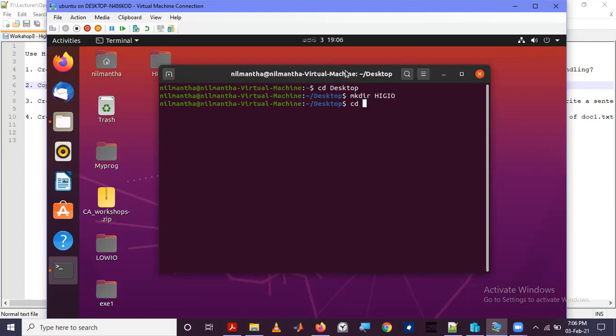Then we'll change directory to inside this one. So inside this one, sorry for the disturbance, I will create a new file to write my program known as program.c, right? Then I will open this one.